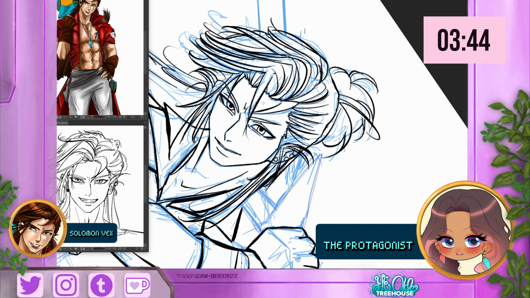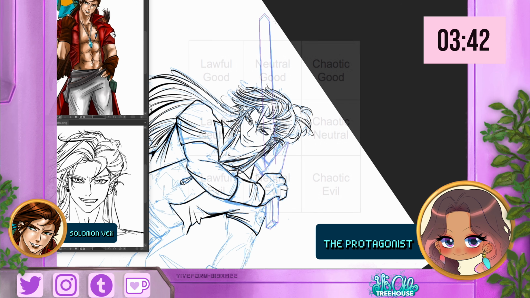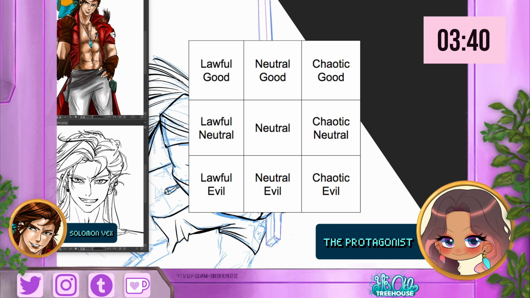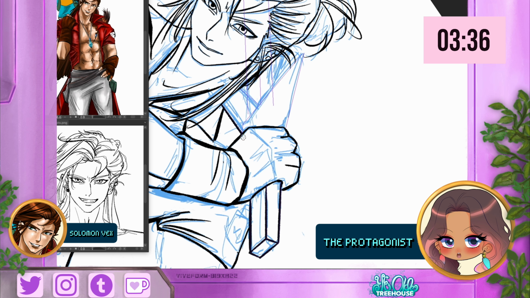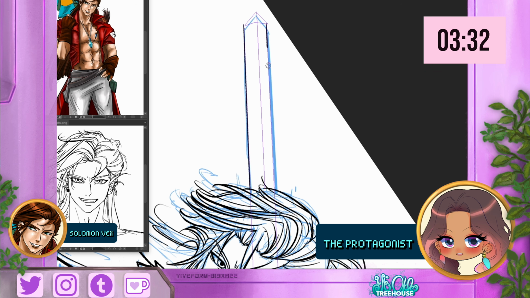Are they a warrior? Are they part of some kind of government? Use Dungeons & Dragons alignments to quickly place your main character on a moral spectrum. This will help you determine how your main character will make decisions, and it's just overall a fantastic way to characterize protagonists in your story.